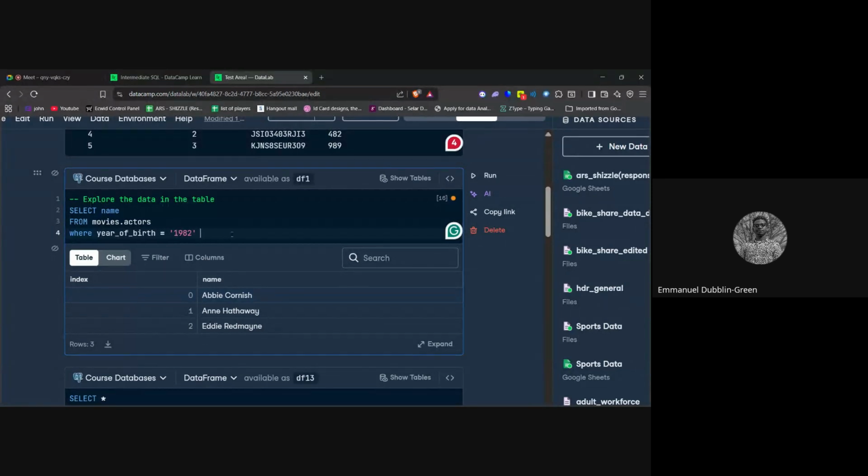So let's start with the and. So we and gender equal. No, sorry, nationality is what we're trying to do. Let's see. Nationality equals